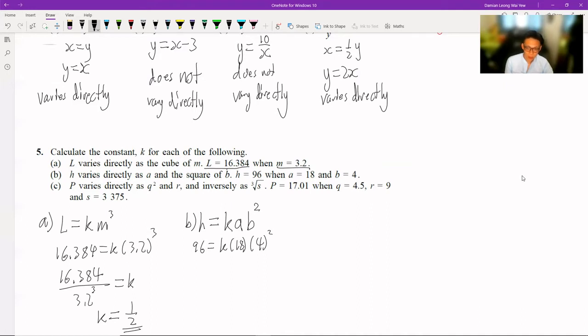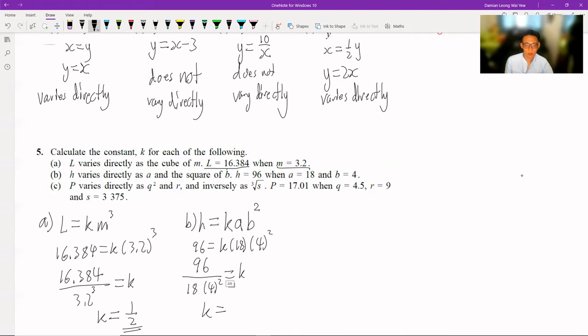You can straight away bring over, or you can calculate this first. That's not the important part. Let's say I straight away bring over. Times opposite divide. So divide 18 and 4 square. It equals k. So k will be, so make sure when you key into the calculator,